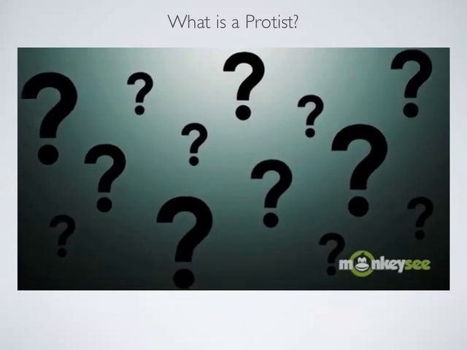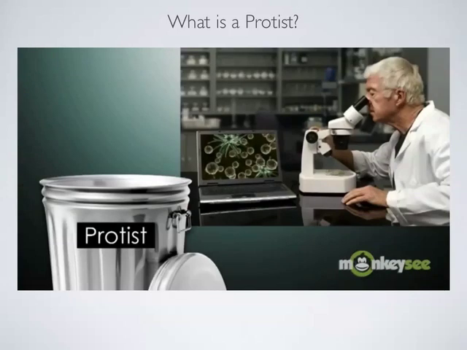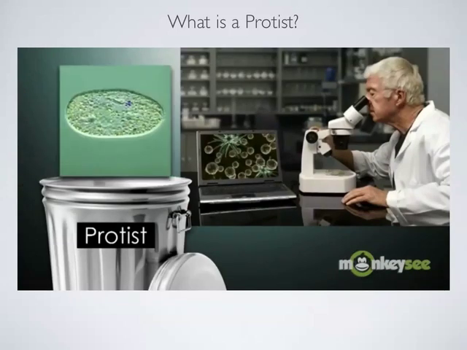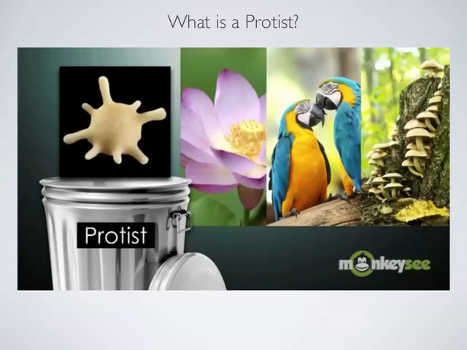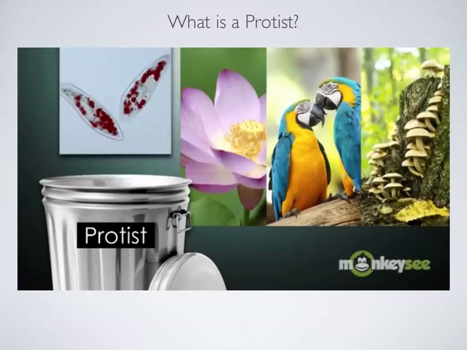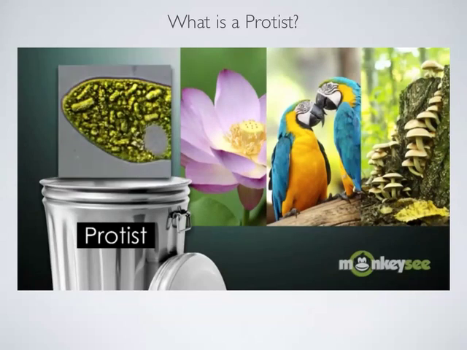If you think this definition sounds a little confusing, that's with good reason. Biologists use the protist group as sort of a garbage can. If a form of life doesn't meet the criteria for being a plant, animal, or fungus, and it has a nucleus, it's classified as a protist. Still, there are a few characteristics that most protists share.